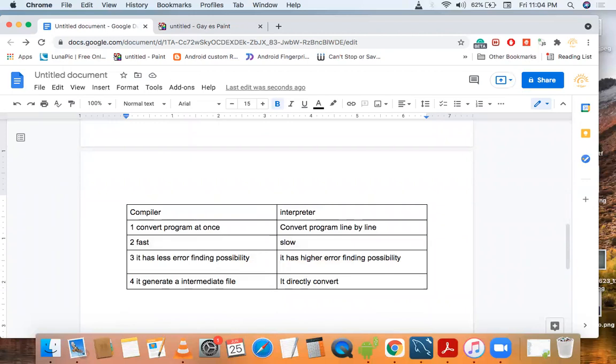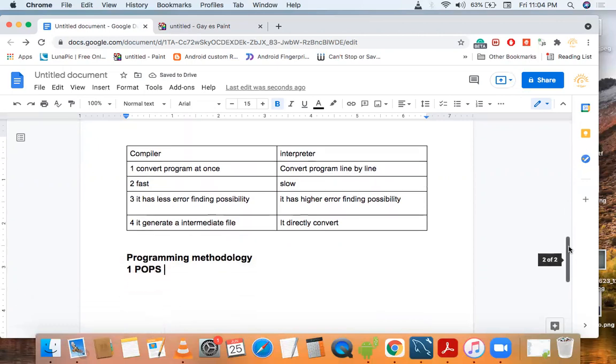Now our next topic is programming methodology. There are two types of methodology. First one is POPs, which means procedure oriented programming structure.